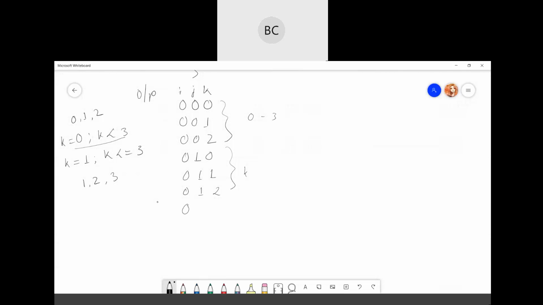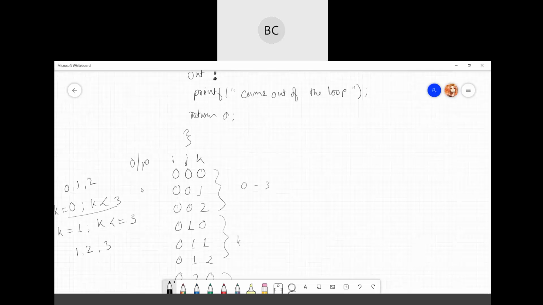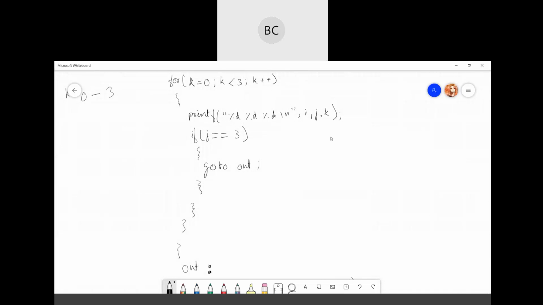Correct? It's still i equal to 0 because it didn't come to the i part yet. Now the value of j will be 2. Again 0, 2, 0, 0, 2, 1, 0, 2, 2. Again this part is for k. After this, again it will increment the counter. Now the j value will be 0, 3, 0. See, the moment j becomes 3, our condition was that I'll just come out of the loop.